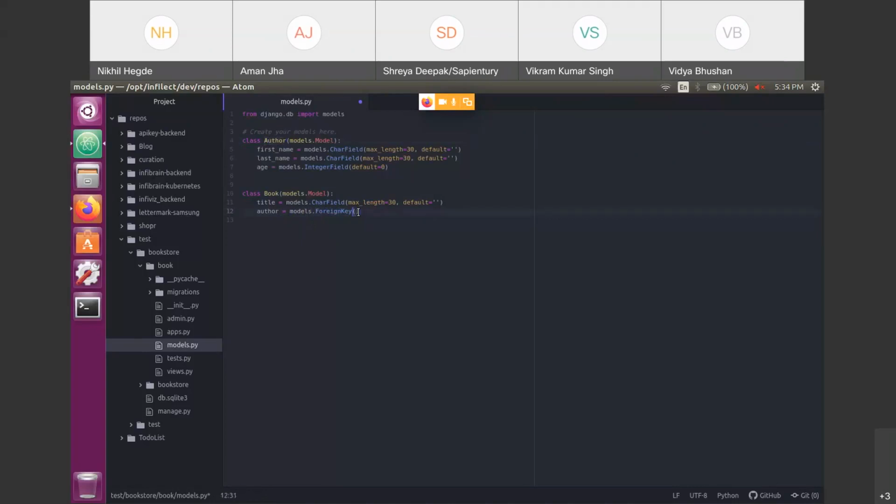It refers to Author. Then I will give null equal to true, because we are not saying that all book objects will have an author. There might be some books for which we don't have an author name. That's why I'm giving null equal to true.